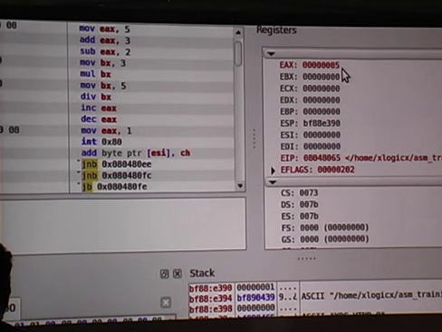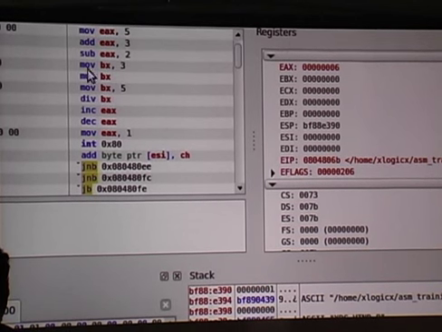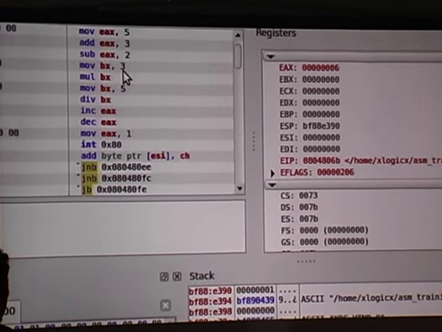Okay. So I'm stepping, and now it's 8. It's that simple. We're going to do sub EAX 2. So after we run this, EAX should then contain 6. Now it does. And now we're going to move 3 into BX, which, so